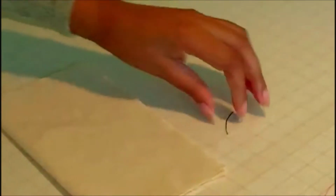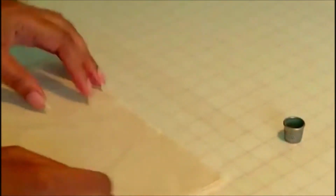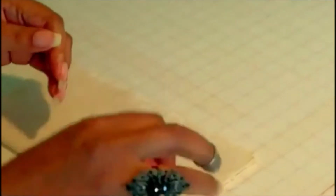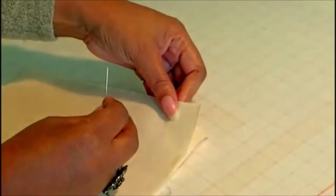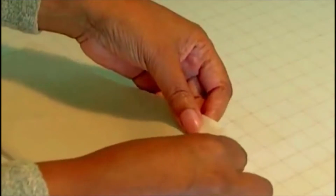I'll show you the even one first. So I've got a sample of fabric here. You can use a thin glue if you want to. That's available, which I'll use as part of this tutorial, but you don't have to. Right, okay, I've knotted my thread. It's double thread. Okay, so I'm going to start underneath,